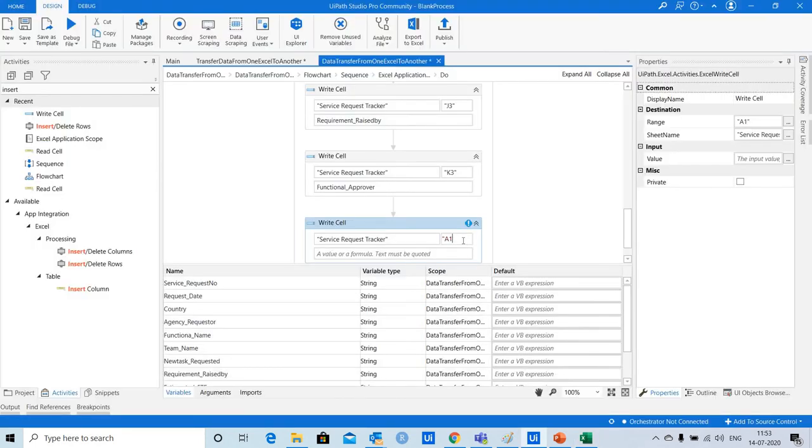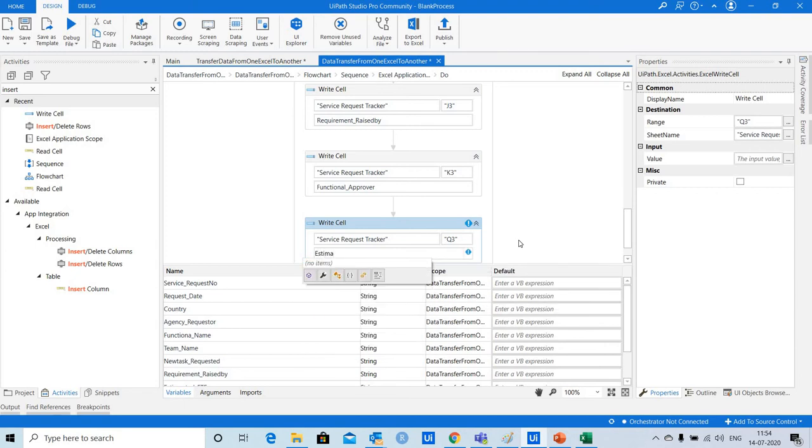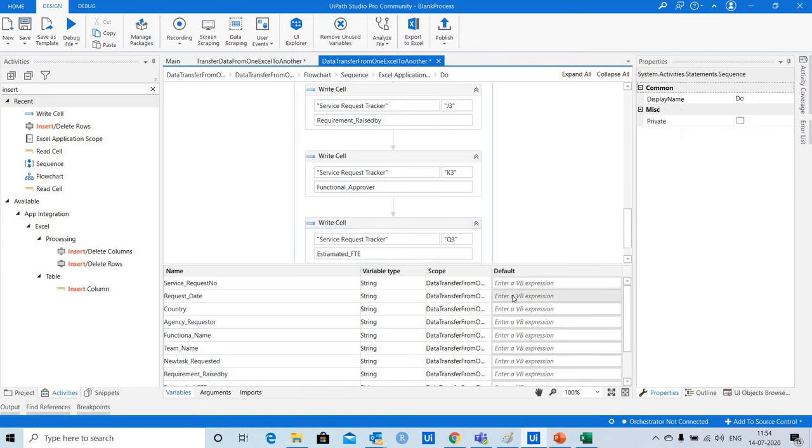So here I have to change as Q3, and then I need to capture here FTE, which has stored the data in the estimated FTE variable. So I'm going to select that here.